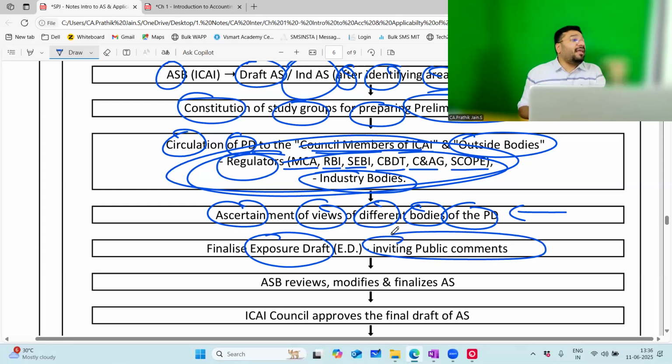So whatever we feel about this standard, we give input. Here we means who? The teachers who teach the subject, the auditors who are not a part of the council, who are not a part of any of these regulatory bodies, small firms, local firms, they will give their input. Public means professionals in this stream; they will give their inputs, looking at the ED.